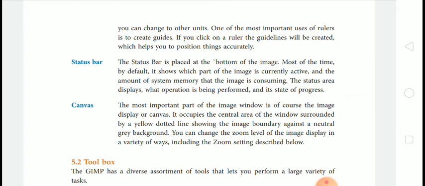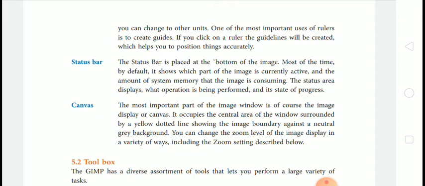One of the most important uses of rulers is to create guides. If you click on a ruler, a guideline will be created, which helps you to position things accurately.